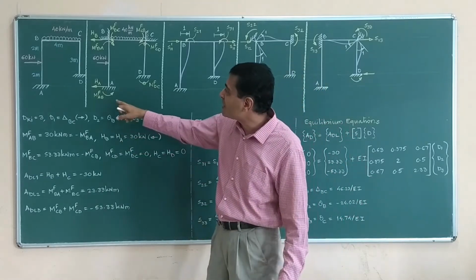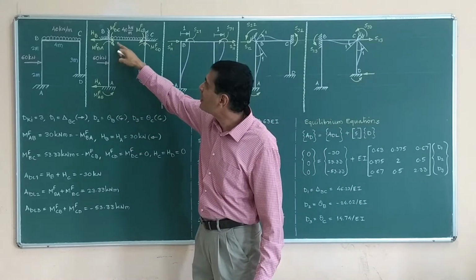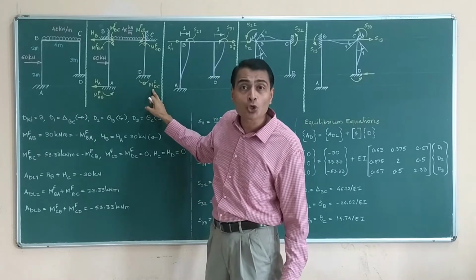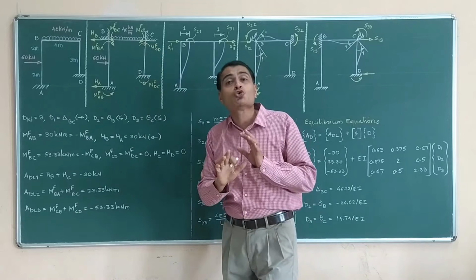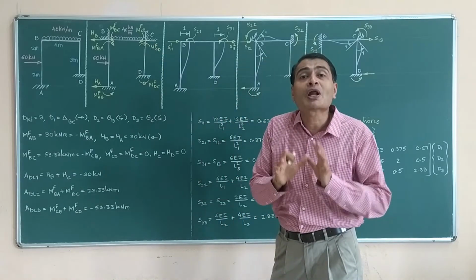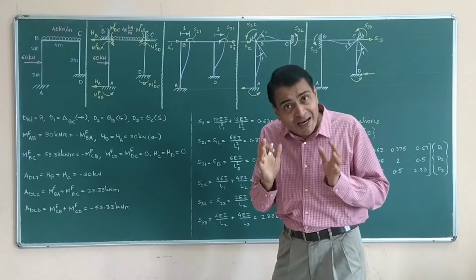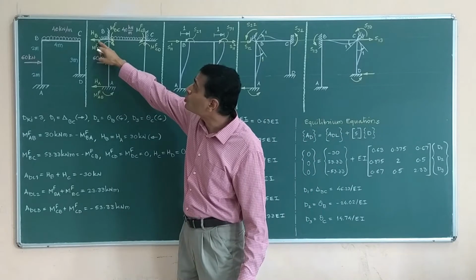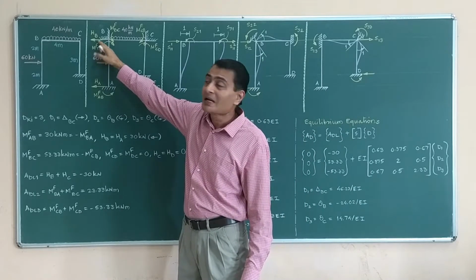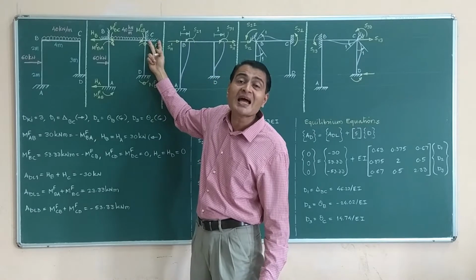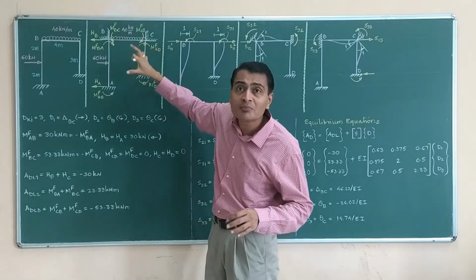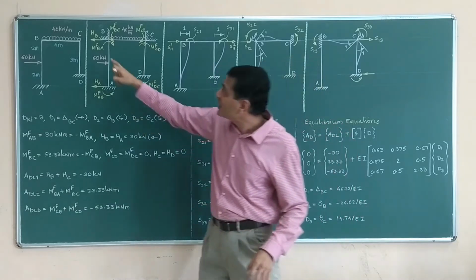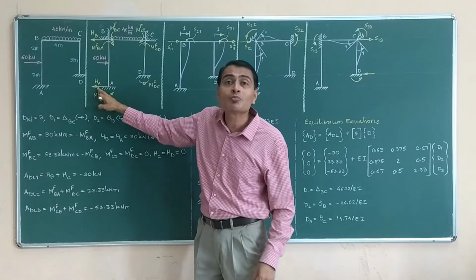Those fixed end moments MFAB, MFBA, MFBC, MFCB, MFCD and MFDC are 0 because column CD is not carrying any transverse load. But in addition to these fixed end moments, if you observe carefully, I have also shown HB. And I might have shown HC had there been any load on this column, but since it is unloaded, HC and HD both are 0, but there is going to be HB and there is going to be some HA.